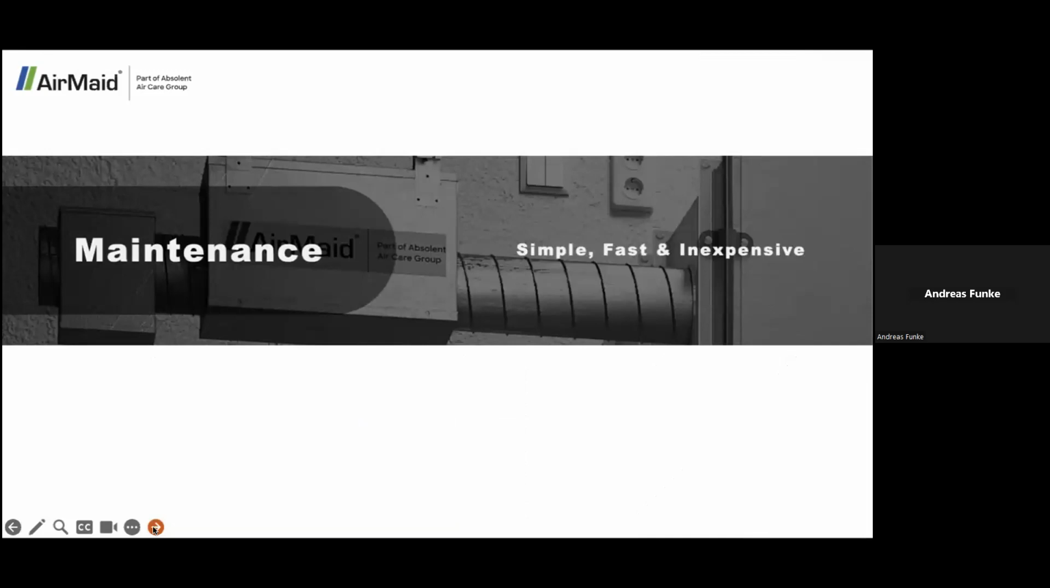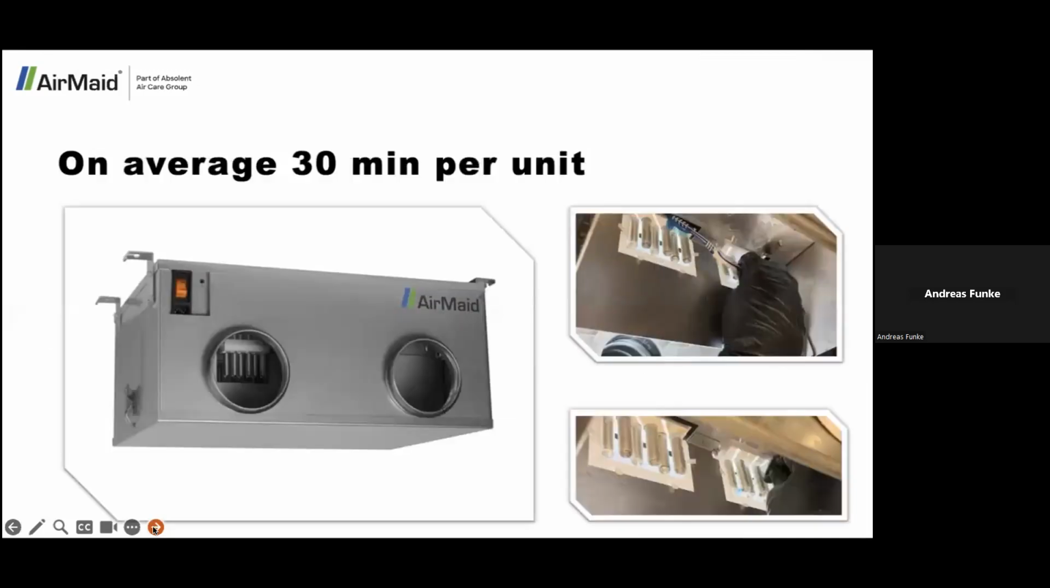As earlier said, the maintenance of the AirMaid is very simple. What you have to do here is spend an average of 30 minutes per unit. You open the service hatch, the service lid from below, and you would need a small brush, for instance an old toothbrush, and an old eyeliner, which you drop into a water and alcohol solution, and you are then gently cleaning these cells, these glass tubes,